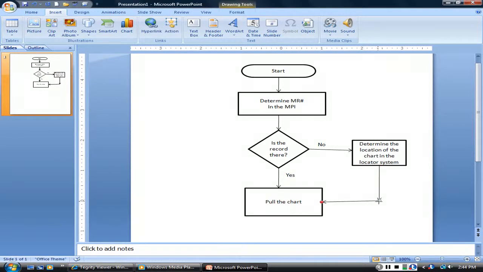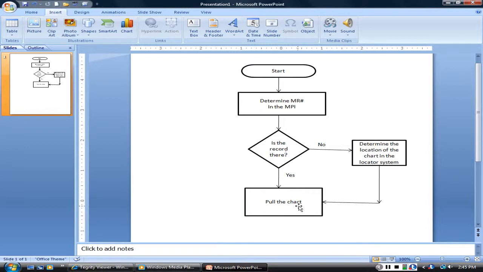And sometimes you have to play with it to get them straight. And notice there's a gap here, so I'm going to click on this one and pull it down just a little bit. And so if we follow our arrows, we're going to do this, or we just go in one direction. We're going down here. We're going to do this. And then